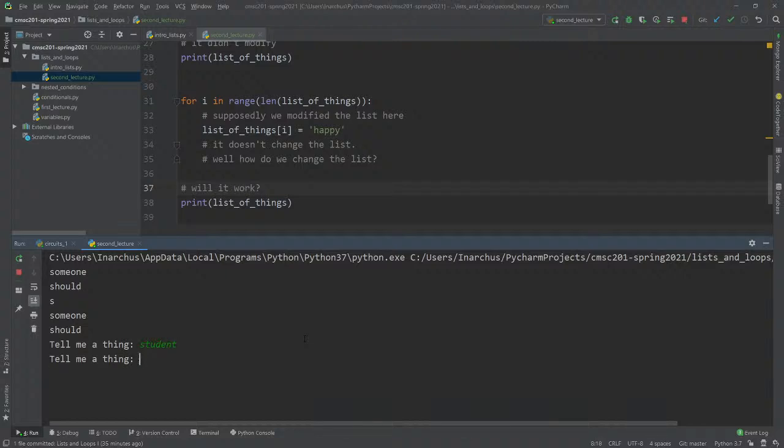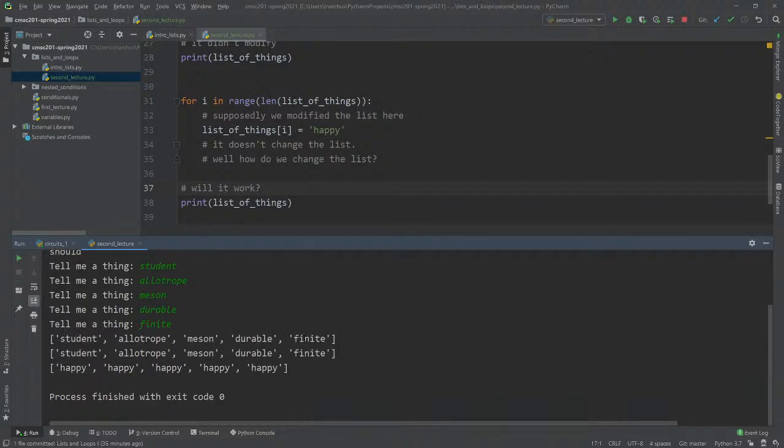Student. A trope. Meson. Durable. Finite. So,